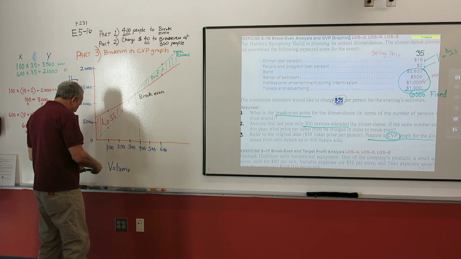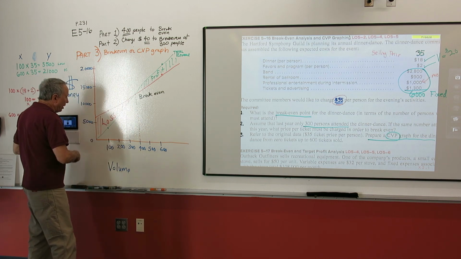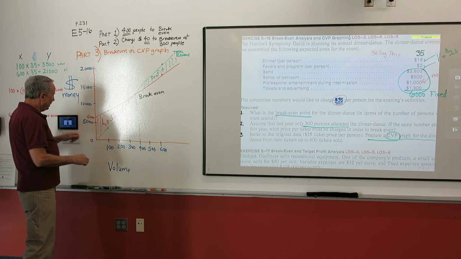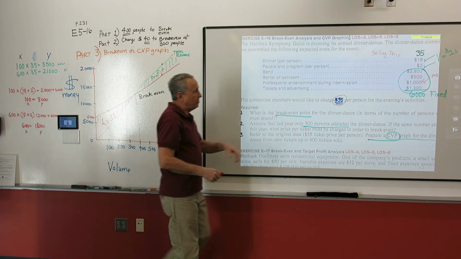And you might notice that the line of total cost really hits here at 6,000. Does that make sense? It hits at 6,000 because cost will never go below 6,000. You see that that makes sense?